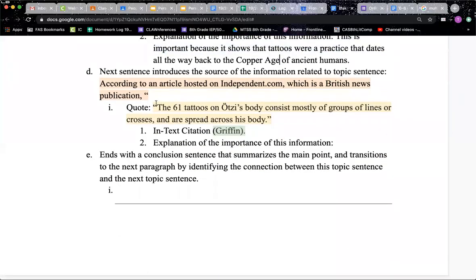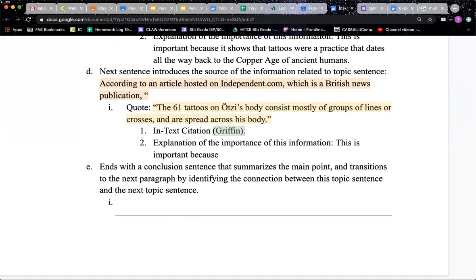Let's do the same with this next tattoo. The next quote. The 61 tattoos on Otzi's body consist mostly of groups of lines or crosses that are spread across his body. So the important thing to me is that there's 61 of them. That's pretty cool. And that they are lines or crosses. And I think I'm really going to focus on this lines or crosses bit. So let's use one of the sentence starters. This is important